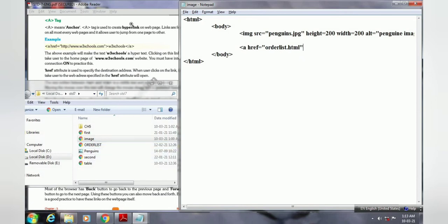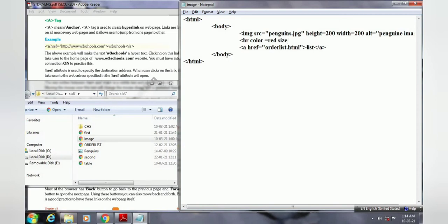Then the opening a tag is over. Now you have to write down the content that you want to be visible as a link. So here I am writing the list. So when I click on the list, this file will open. Now the closing a tag. And to separate our image and our HTML, here we can write the hr tag. So hr is an unpaired tag. So hr color I am setting there. Color equals red and size equals 5.